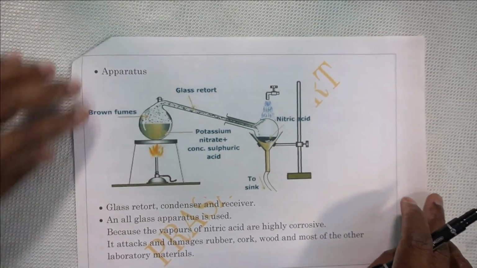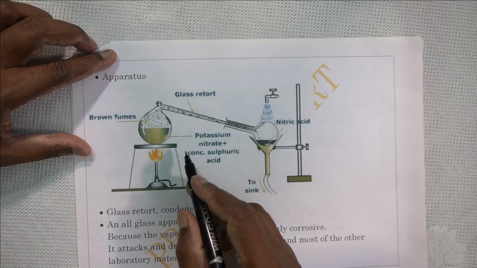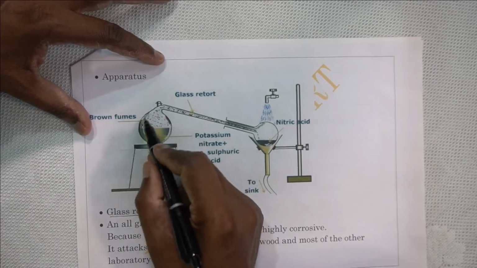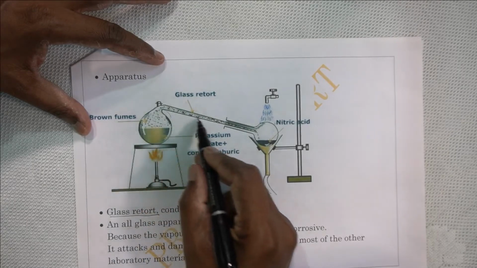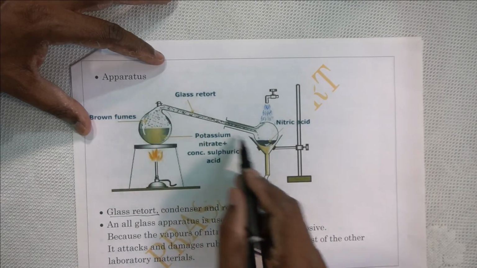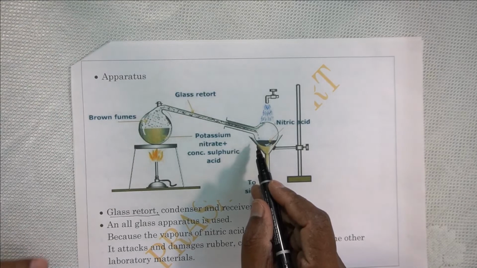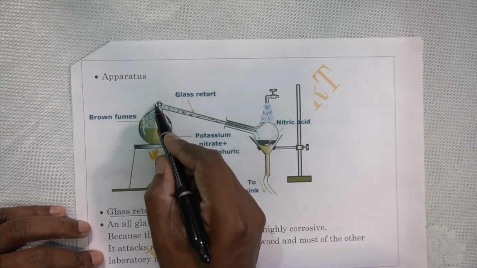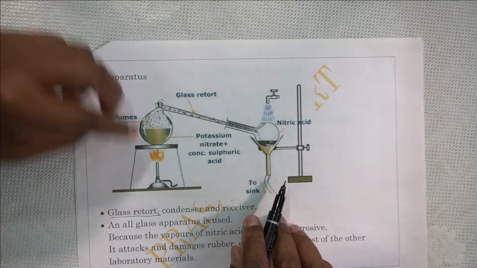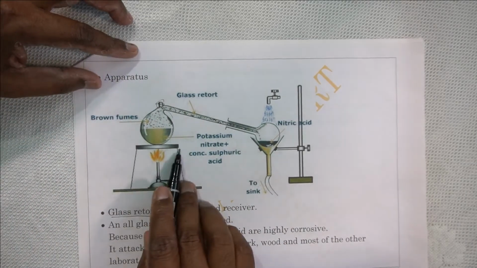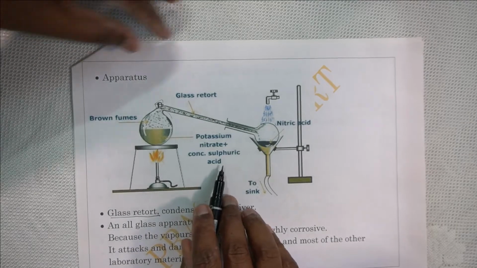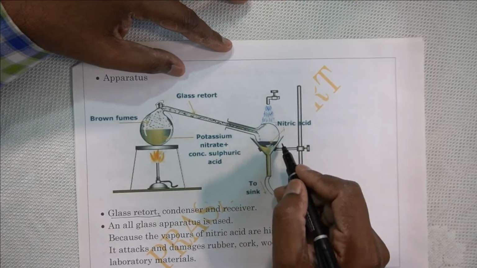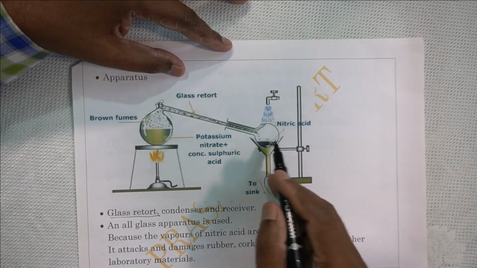The apparatus is shown here. Here you have a glass retort, this complete container with a long snout. It has a snout, like the trunk of an elephant. It has a long mouth which goes out, and there is a lid on top here. You can see the lid can be opened to pour contents in, and then it is kept over a stand and a burner. And there is a receiver, another flask kept on the other side,